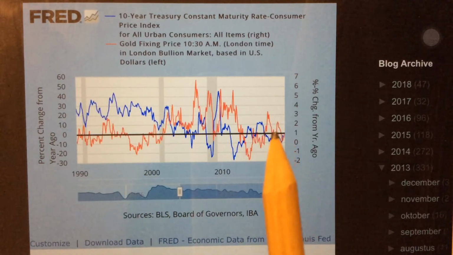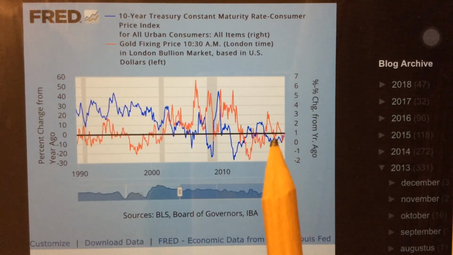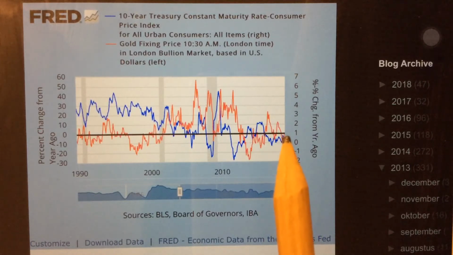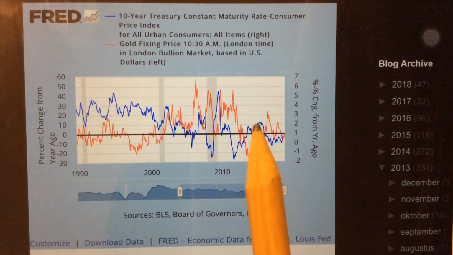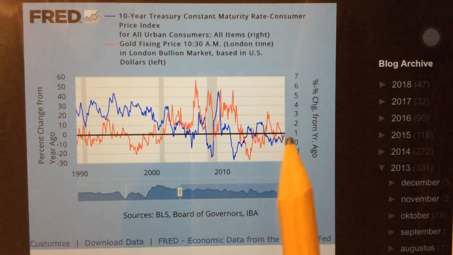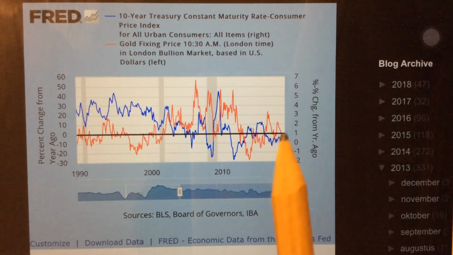And when you look at the latest numbers here, it seems that this line is moving upwards. So that's really not a very good indicator that gold will be going up. It will probably go down. But we were still in this trend here. So there was a little bit of support for gold going up, but now it seems that that will be subsiding.